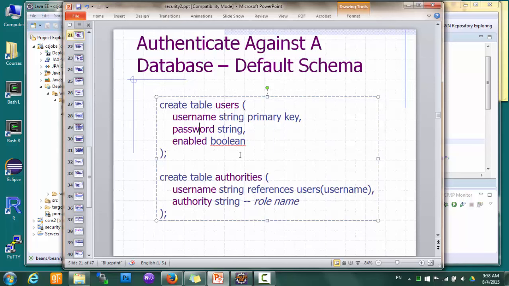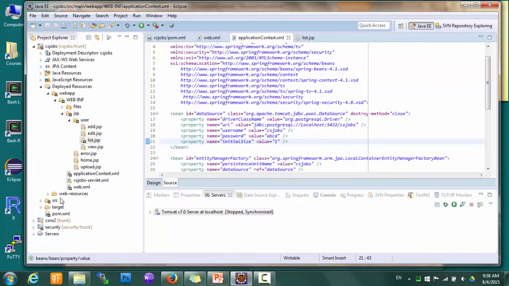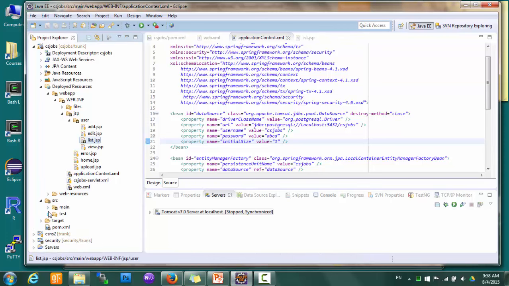The database should also have a second table called authorities, which contains the roles of the users referenced by username. And notice that these two tables are connected by username. There's no user ID here. If your database happens to have two tables exactly like this, then great, you are pretty much done with authentication. And that's pretty much the case for us, because